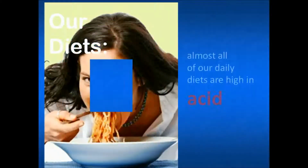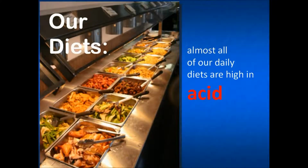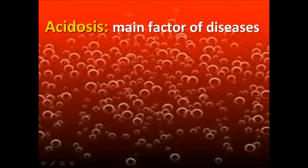Our diets. Almost all of our daily diets are high in acid. Most of the time we eat food lacking in alkaline. Our body becomes acidotic when it is constantly in an acidic environment. Acidosis is the main factor of diseases such as